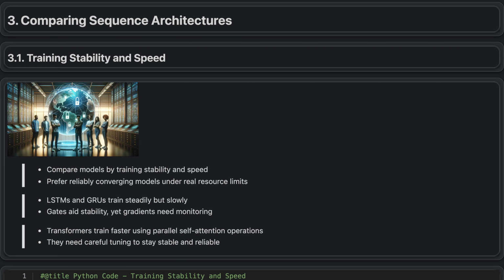Comparing sequence architectures, training stability, and speed. When comparing sequence models like LSTMs, GRUs, and transformers, focus on both training stability and speed. Stability means the loss decreases smoothly without erratic jumps and is not overly sensitive to choices like learning rate or batch size. Speed refers to how fast the model processes sequences and finishes epochs, which affects how many experiments you